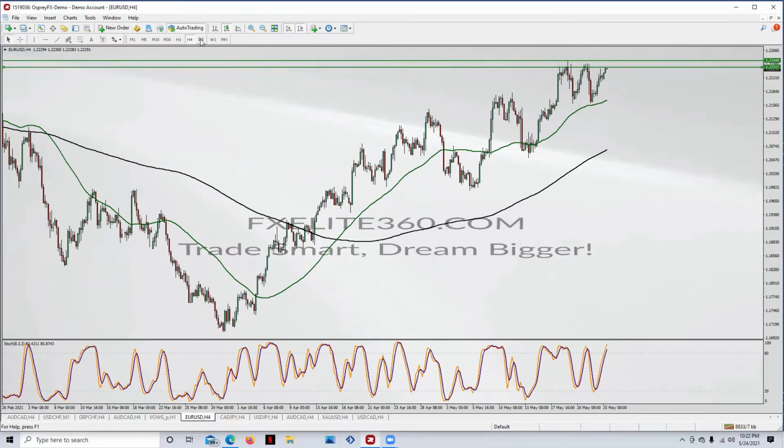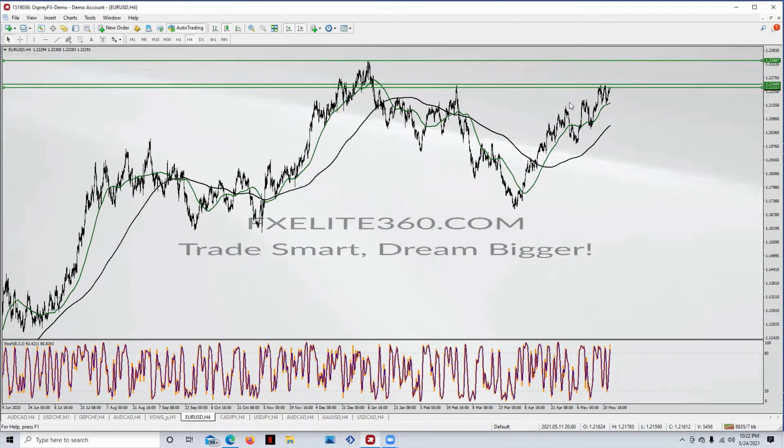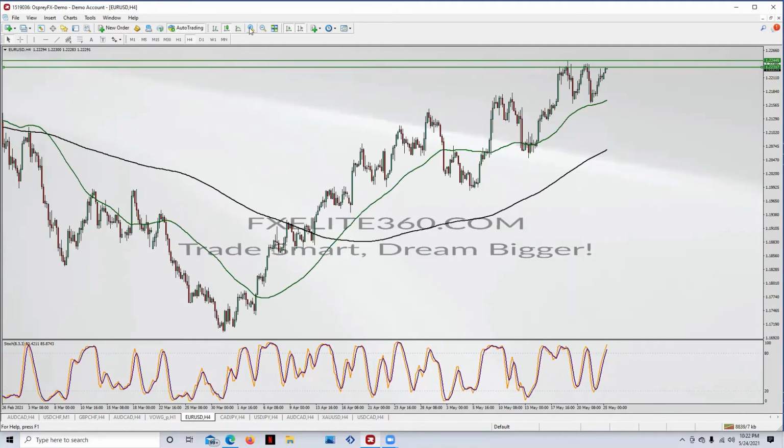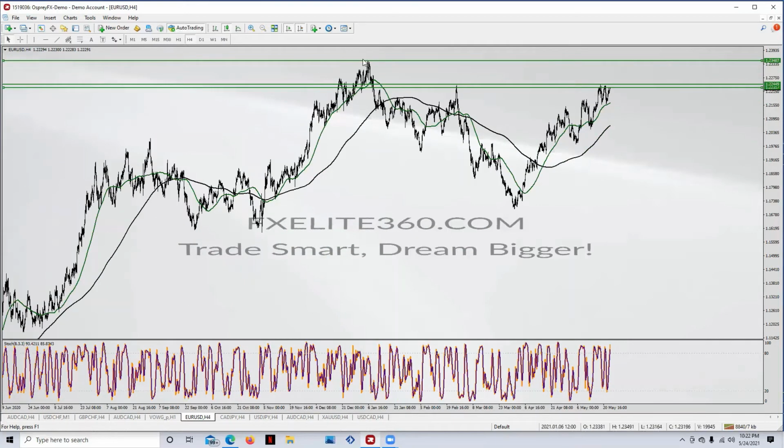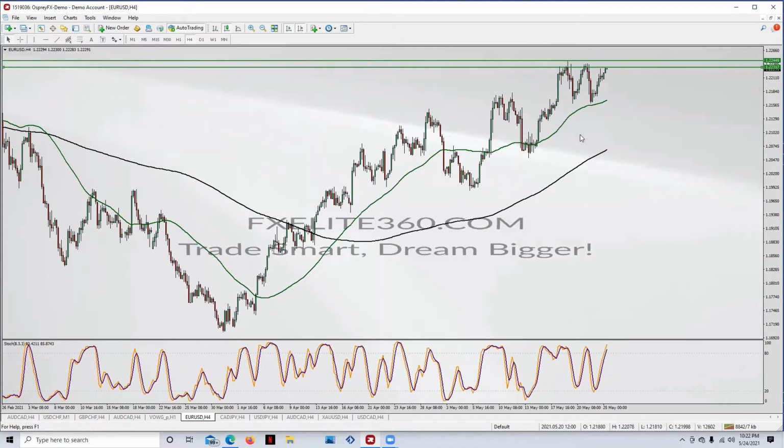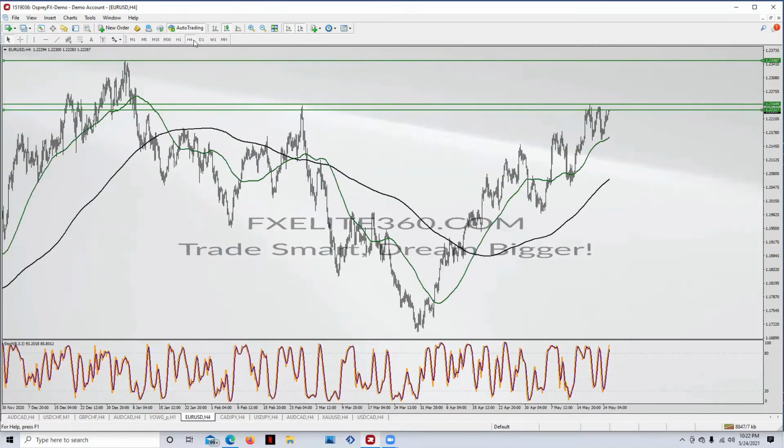All right, and then hopefully if it doesn't break here by this week, most likely, I don't know, we're probably going to break it. We're probably going to retest this level right here for a really nice swing trade. I would want it to come to this level right here. But on the 4 hour, I could get this for 66 pips and then be done. So I would enter this trade only on the 4 hour. Nothing else.